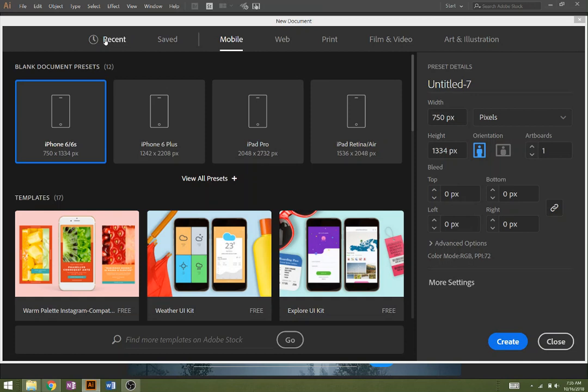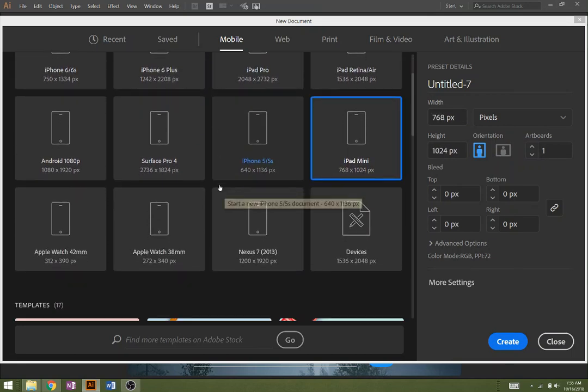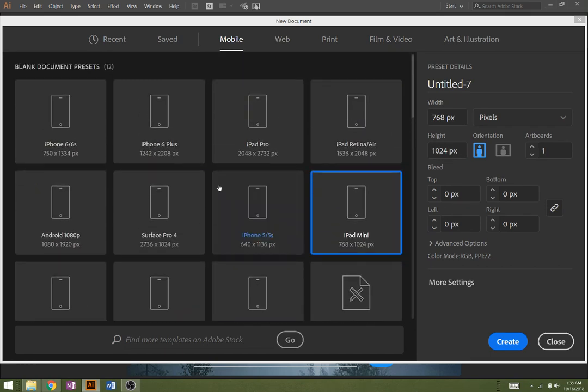So if you click on New and you find Mobile, you can find all number of different kinds of phones here. So you've got the iPhone 6 and 6 Plus and all these different things. I want to say you can probably find more later on. You can get the dimensions for the newer ones, but I want to say these are all pretty